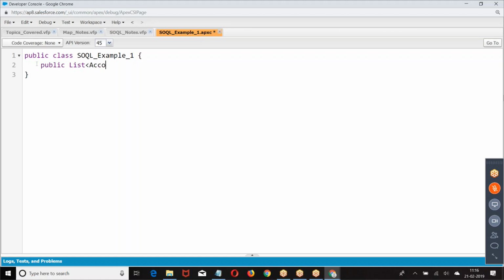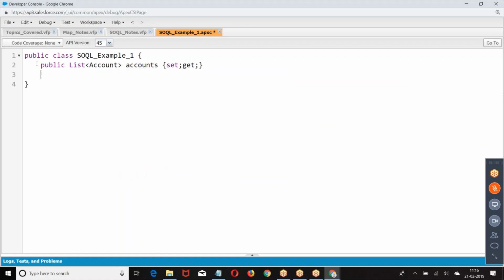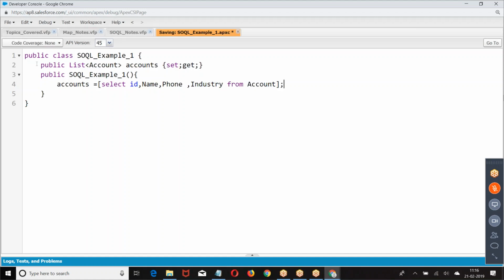Public list of account, for example, is equal to select ID, name, phone, industry from account. Writing a query, getting the data.